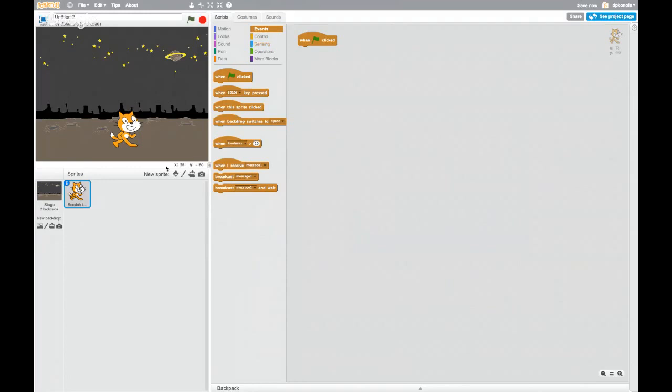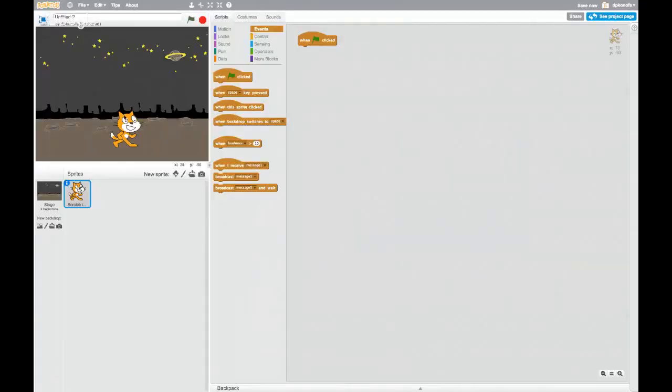Our first way of doing this is we need to get Scratch the cat to interact with the keyboard. We need to be able to move him around. You'll notice that when I'm on the events block, I have a couple other events, and really an event is just when something happens. So when something is clicked, in this case the green flag, when the space key is pressed, when a sprite, one of our characters or our items, is clicked, when the backdrop switches, things like that. Our most basic event is when we click on a key,